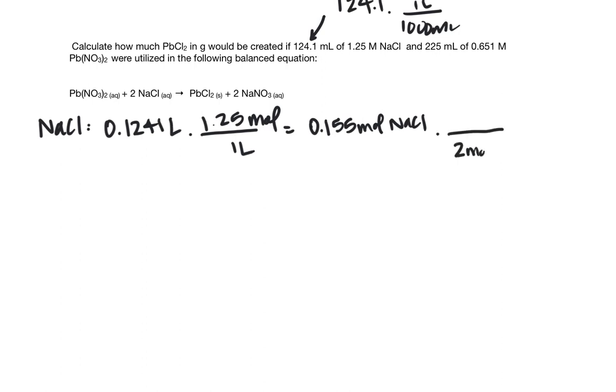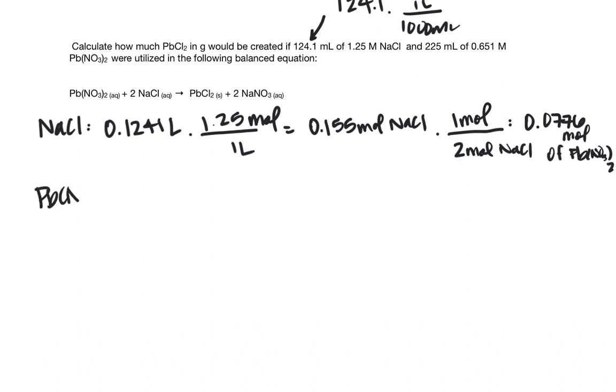Now, I'm actually going to use this and then convert using the balanced chemical equation of 2 moles of NaCl for every 1 mole of lead nitrate. And so I need 0.0776 moles of lead nitrate. And so when we also want to do this for lead nitrate, so we have Pb(NO3)2,